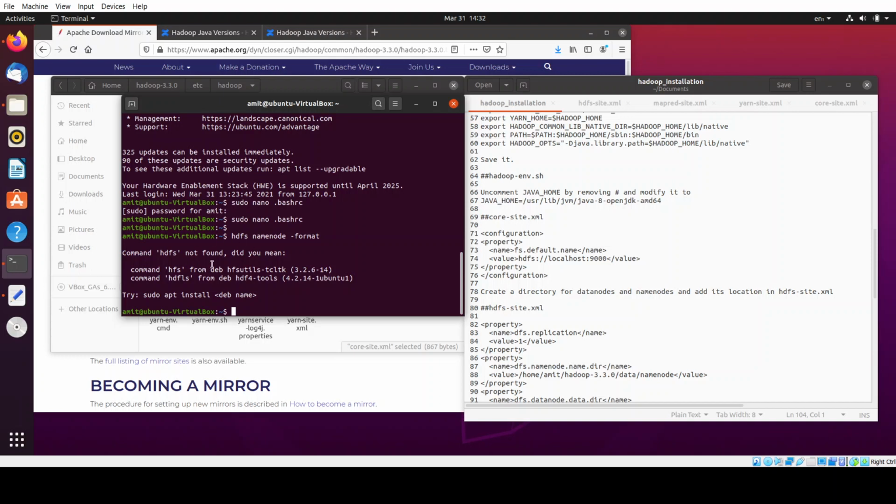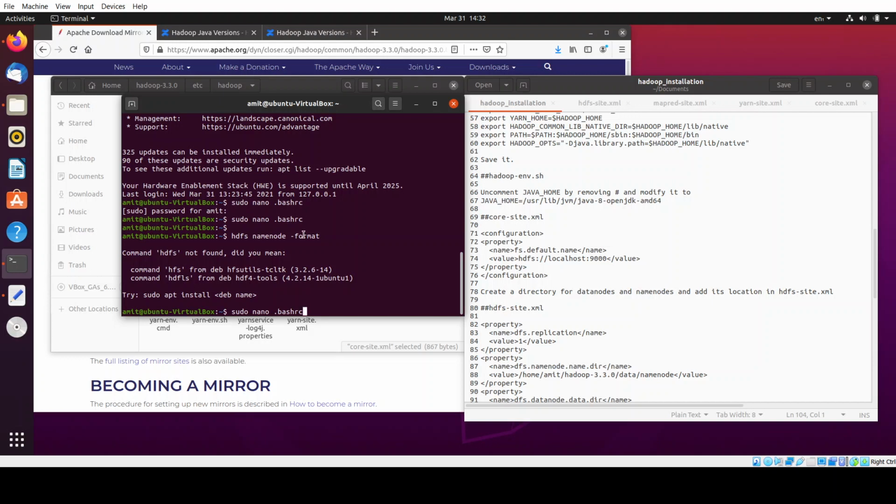Now you must be wondering why are we getting this error. So actually what happened is that when we modified the bashrc file, sudo nano .bashrc, after doing this the terminal doesn't understand the changes, whatever new environment variables have been added to the path.